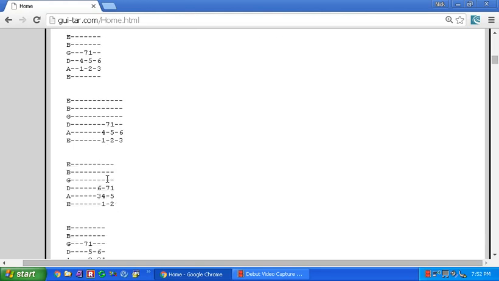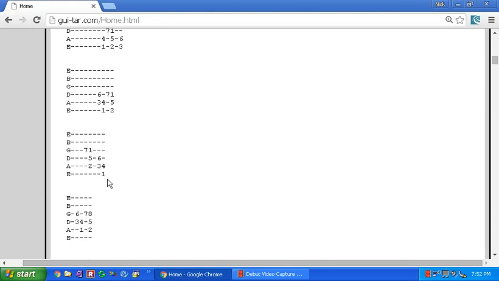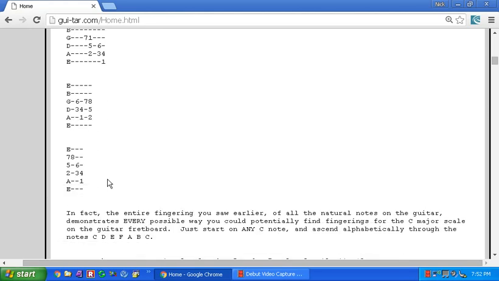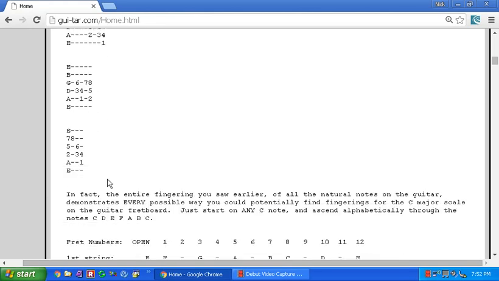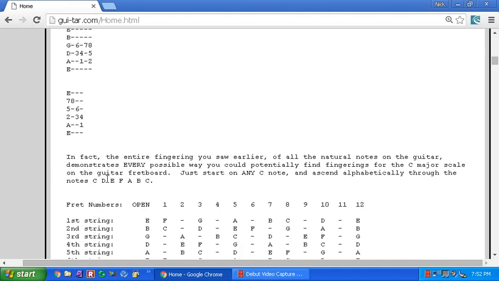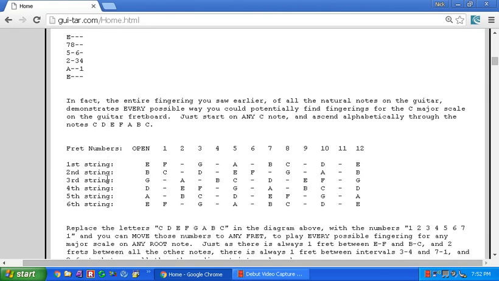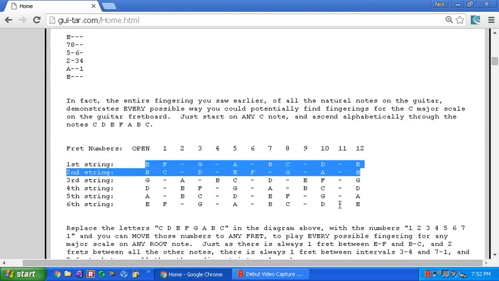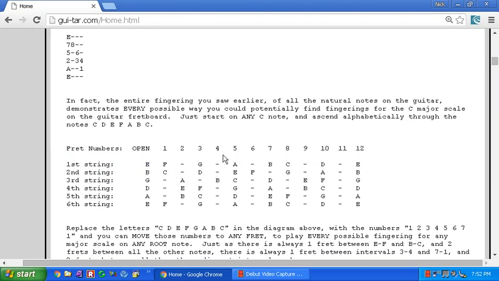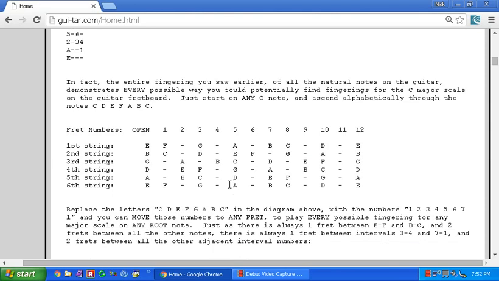Again, just replacing the C, D, E, F, G, A, B, C with numbers, 1, 2, 3, 4, 5, 6, 7. And you get all these different ways of playing scales, starting on any string. And so one way to think about the fretboard, and we're going to use these numbers to build everything, all the chords, all the scales that you ever need, all the chord progressions, everything, is do what we did before. Just take those notes that we had, all the natural notes on every string, we saw this already, and just replace those numbers. So this natural note pattern becomes an interval pattern that lets us find all of the numbers